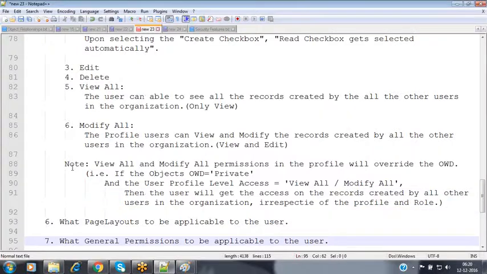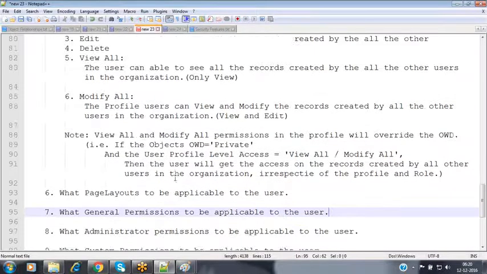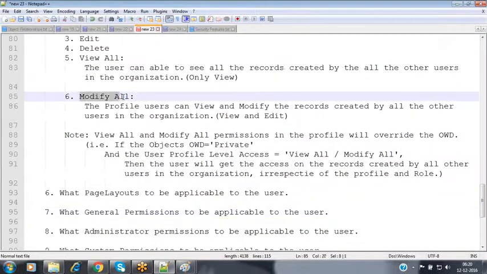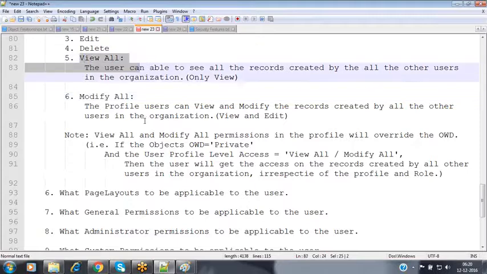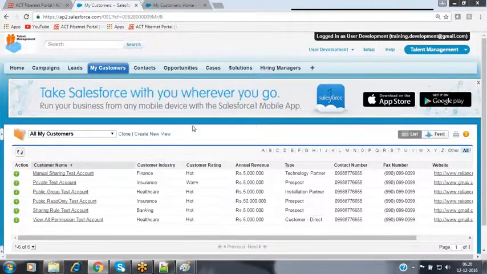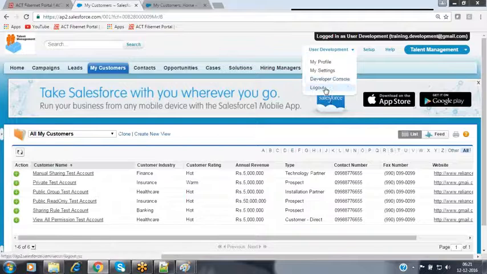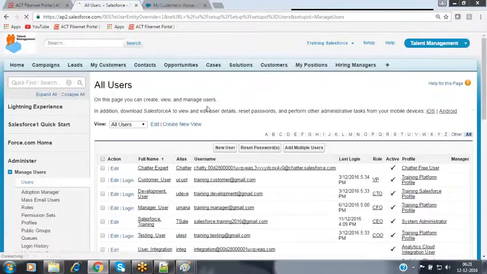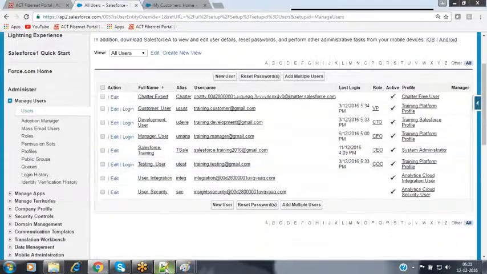So now this is the permission given by Salesforce to you. When the OWD is giving full access, then the profile will restrict that access. When the OWD is granting a low level of access, then the profile will override that access. So this is the way we have the modify all and view all permissions inside the profile. The next one, when coming to the profile level, we can specify the password policy permissions also.